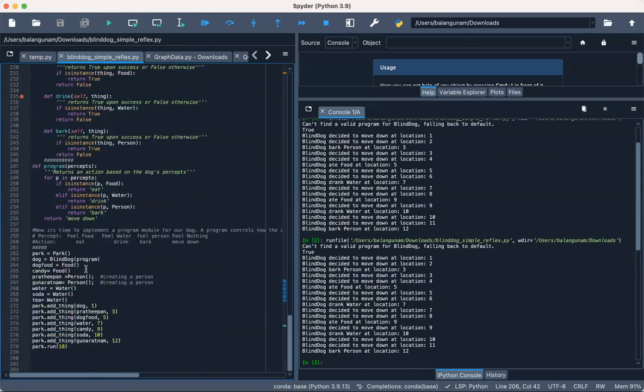Here we are checking the instance, whether the dog is alive. It prints here that the dog is alive, true. Then it executes based on the acting, and it will run the program. We see it move down to location 1, 2, and 3. It sees a person, barks, and moves down to 3, 4, and location 5 contains the food, ate the food, then moves down 5, 6, and 7 senses the water, then drinks the water, then 7, 8 move